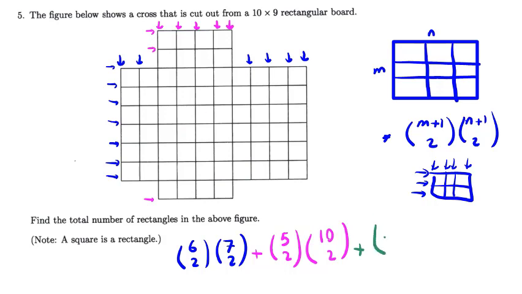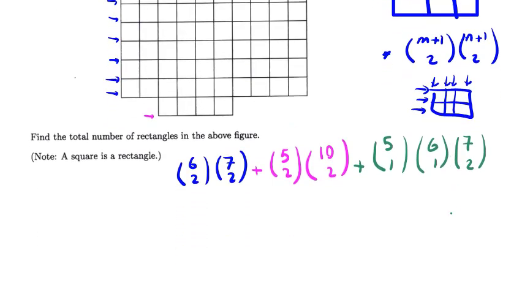blue. So you say I draw it with green. So 1, 2, 3, 4, 5. 5 choose 1 times 1, 2, 3, 4, 5, 6. 6 choose 1. Now the horizontal line must be only from here. 1, 2, 3, 4, 5, 6, 7. 7 choose 2. So we should calculate these